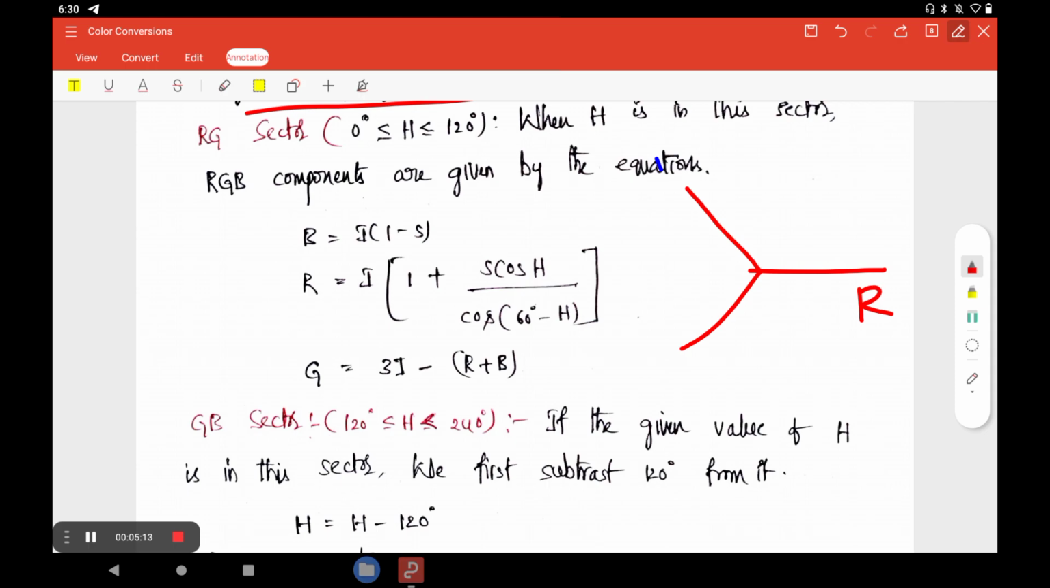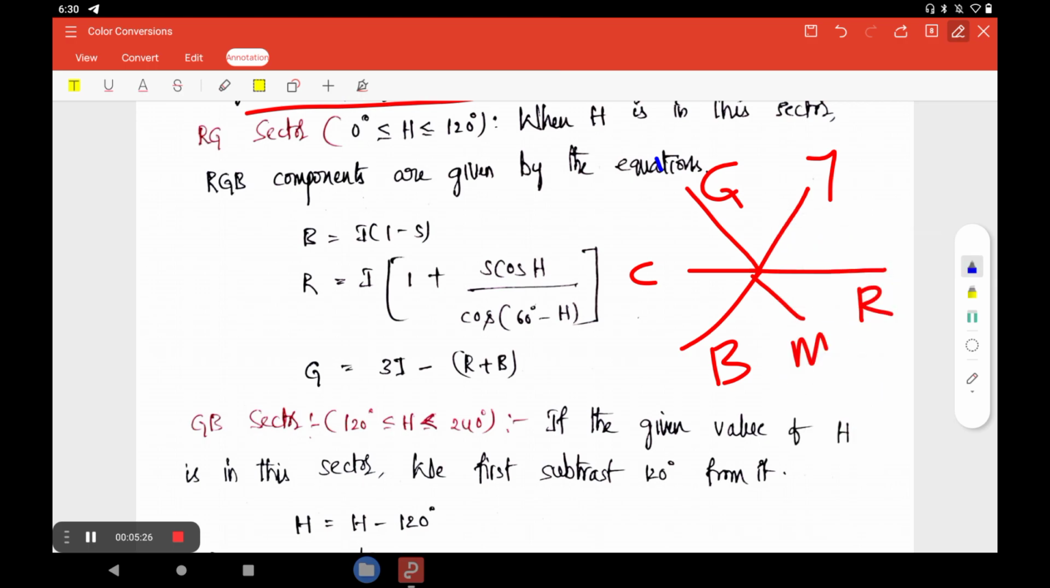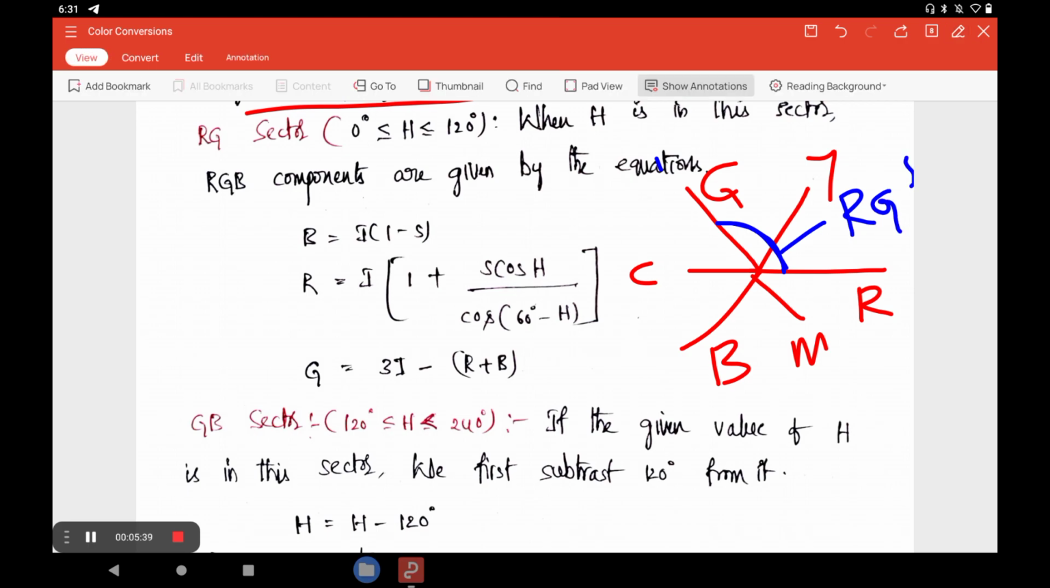Red, this is nothing but green, blue, this is nothing but yellow, cyan, magenta, right? So our interest is not there. Now we have to consider, first one is nothing but which sector? RG sector. This is the sector. So this angle, RG sector, this is nothing but the RG sector. So in the RG sector, what happens is that